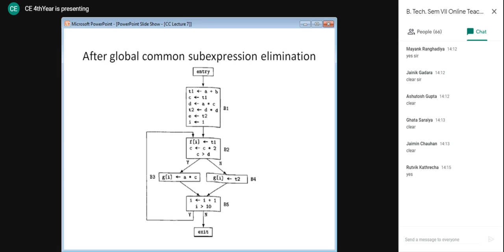Are you all following this one? Any query? If you are computing it along the lecture, in your notebooks, then please verify your answer whether you are getting this flow graph as a result of global common sub expression elimination.